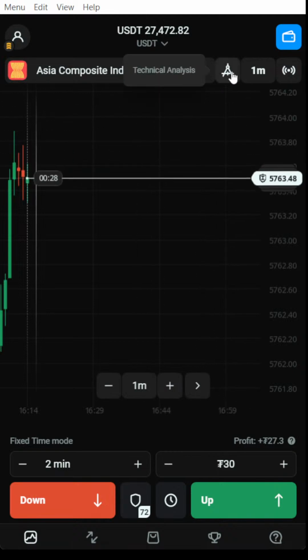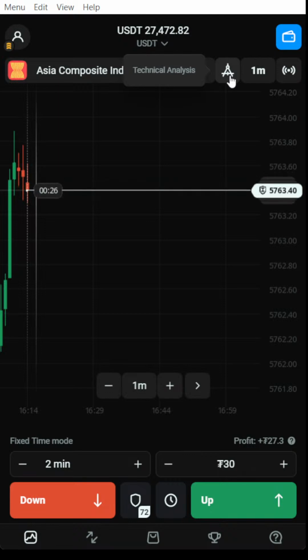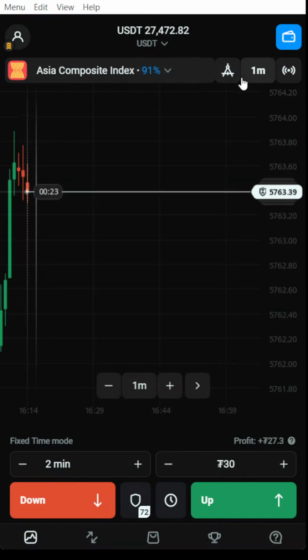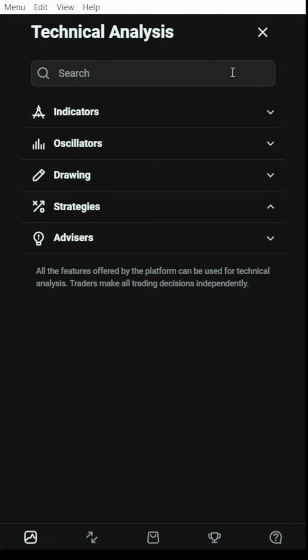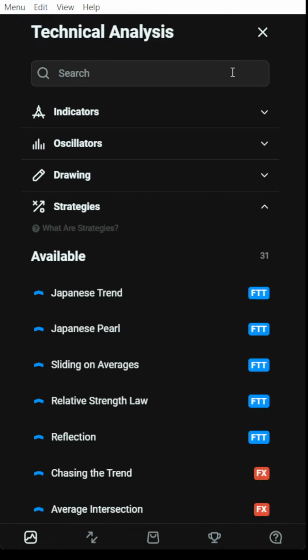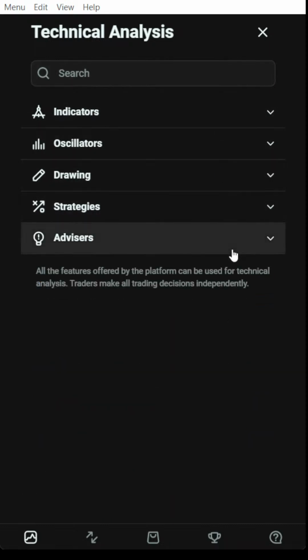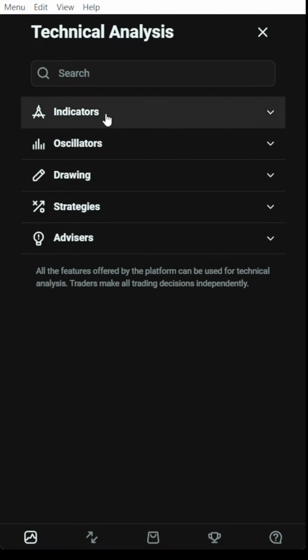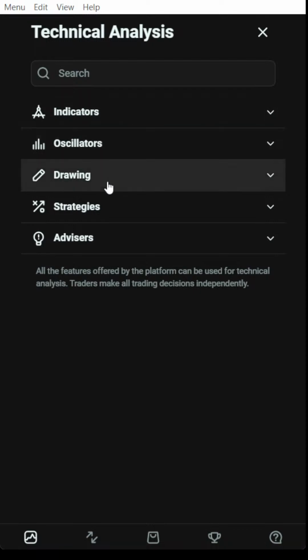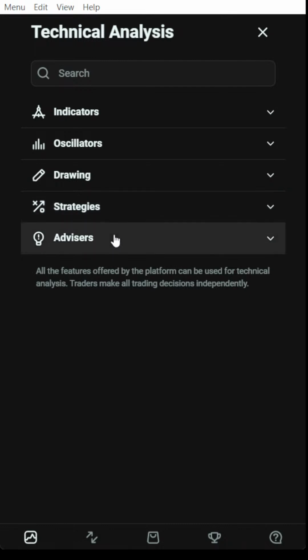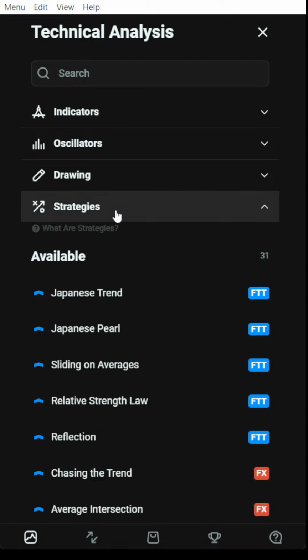So here we have an option called technical analysis. We need to go here to the technical analysis section. Once we click on technical analysis, you can see over here I am having a list, a menu of things. So here we have an indicator option, an oscillator option, a drawing tool option, and strategies and advisors. What we need to do, basically, is click on strategies,